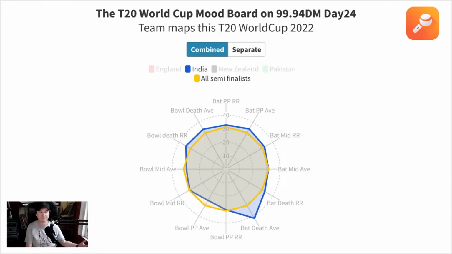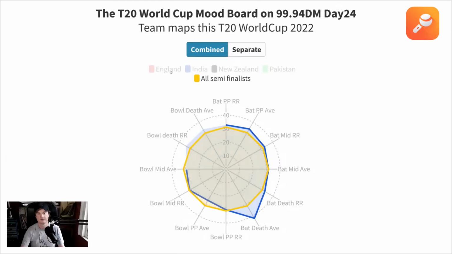But when you look at the individual talent, you can see that they might, if they find form at the right time. Shaheen Afridi getting form the other day, Shadab Khan suddenly taking wickets everywhere. A few of those sorts of bowlers coming up will change their graph. Whereas India's has been a little bit more consistent from that perspective.